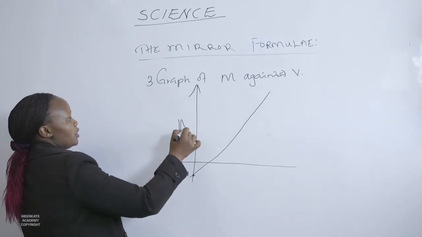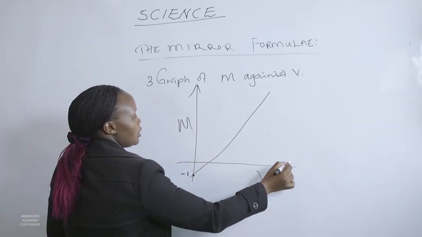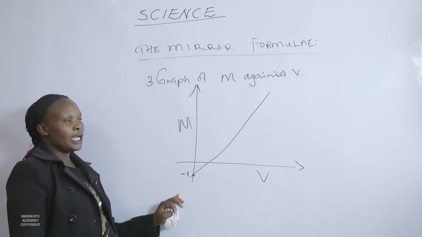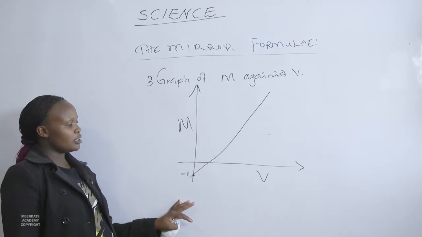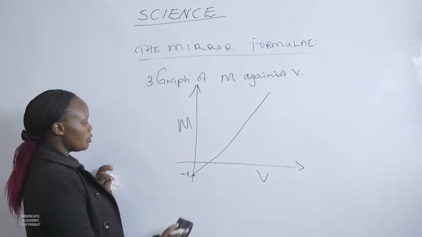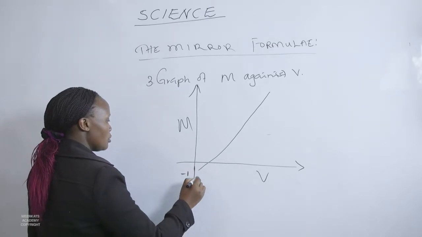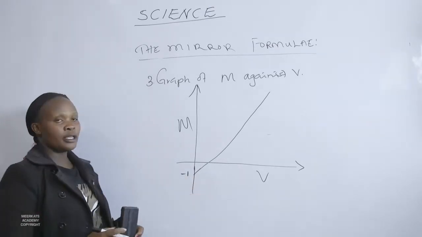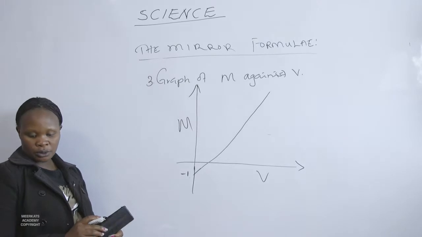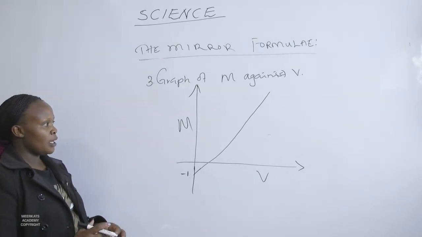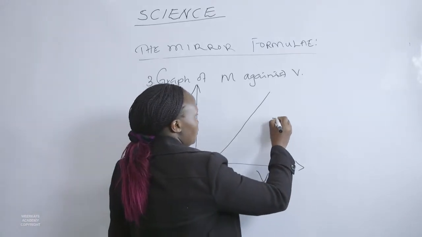Remember, we have plotted m against v. We are going to have a straight line, and that straight line graph is going to have a y-intercept equal to -1, and the gradient